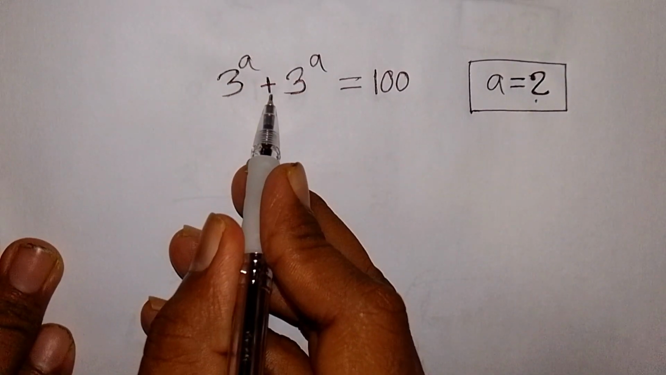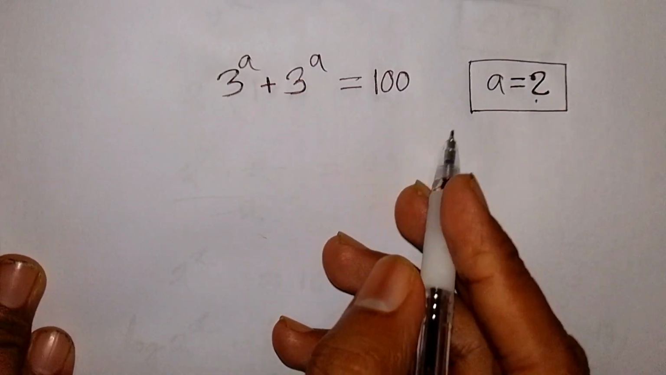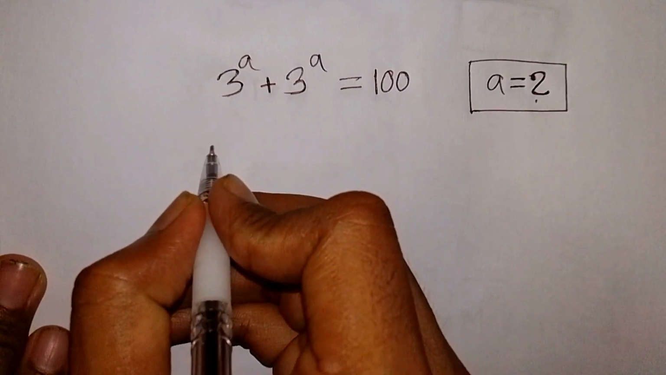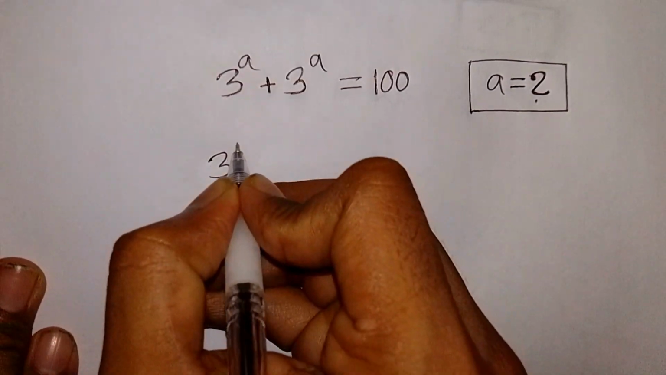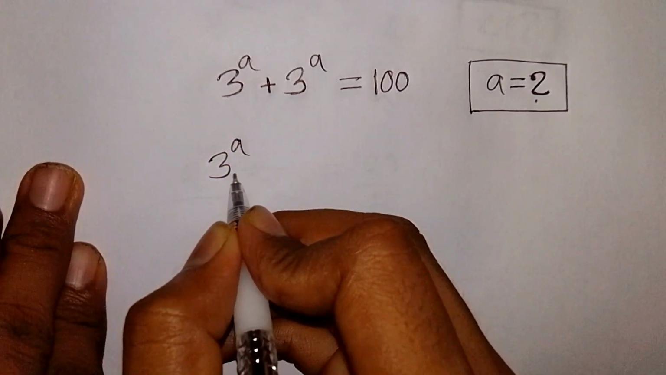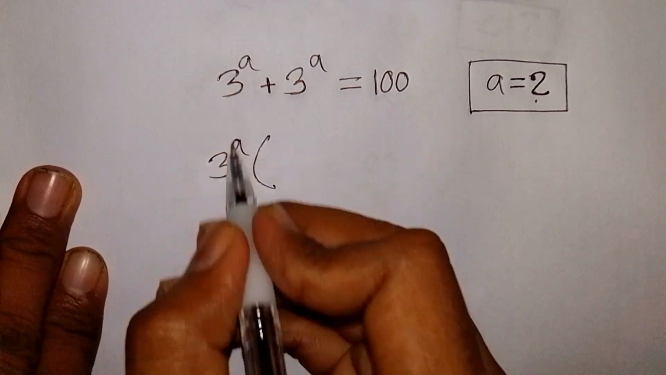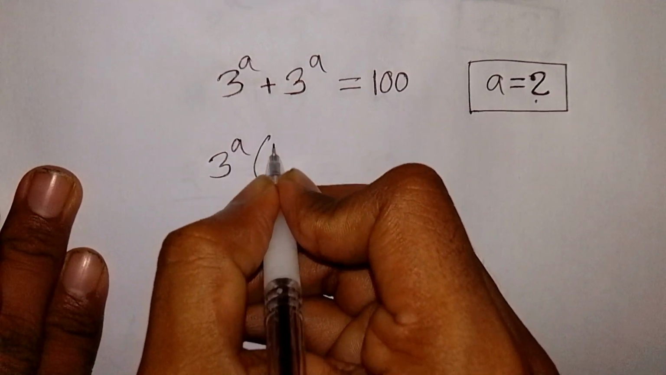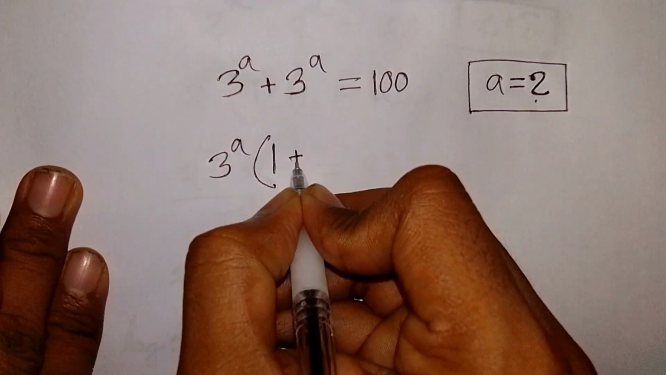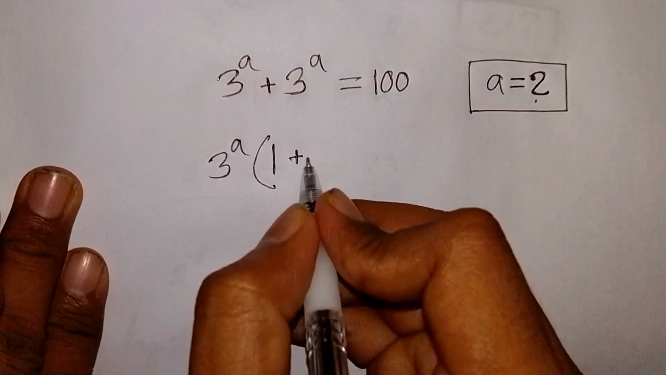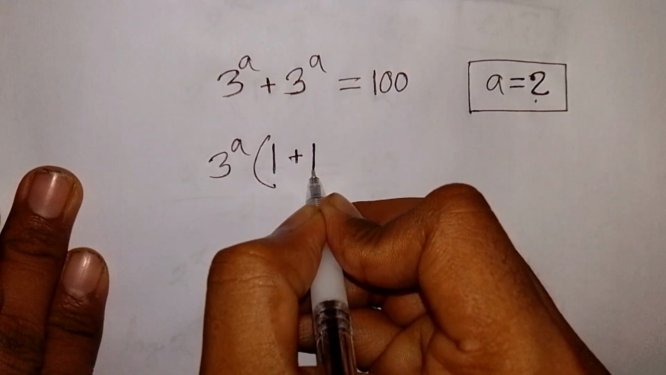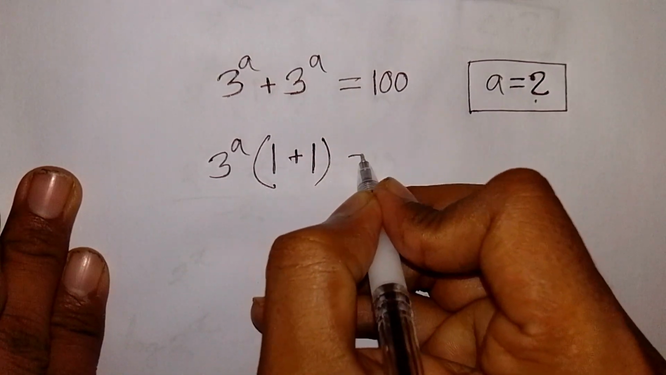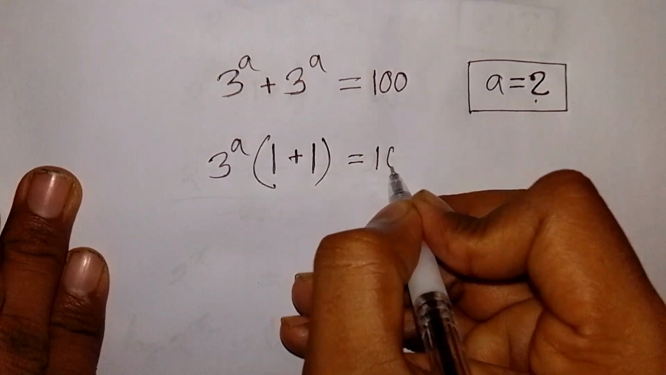3 power a plus 3 power a is equal to 100. Find the value of a. So at first we take common 3 power a. So 3 power a is out of the bracket. This divided by this, that means 1, plus this divided by this, that means 1, bracket close, is equal to